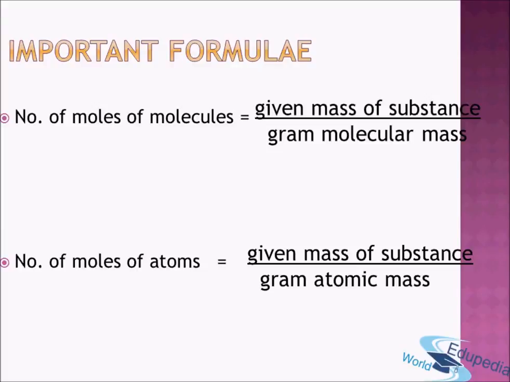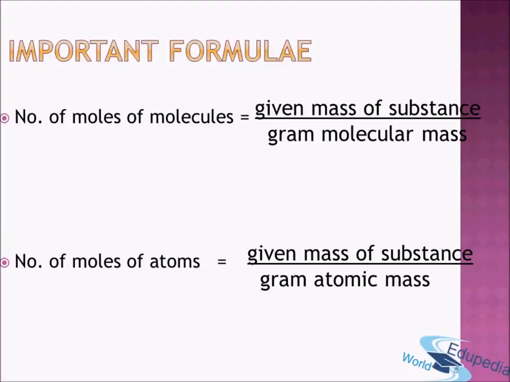So let's not get confused from here on. Whenever it is given as gram molecular mass or molecular mass, they are actually referring to the same thing in your textbooks. Technically, molecular mass is the mass of one molecule, whereas gram molecular mass is the mass of 1 mole of molecules. But in your textbooks and in your questions, what you have generally been given is the mass of 1 mole of entities. Okay, so that is one aspect.